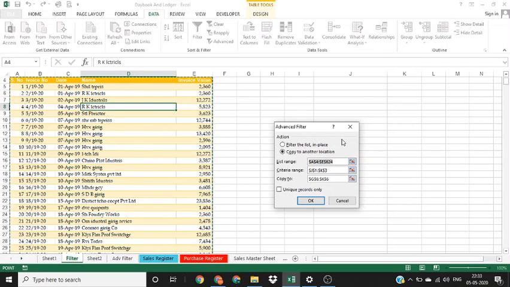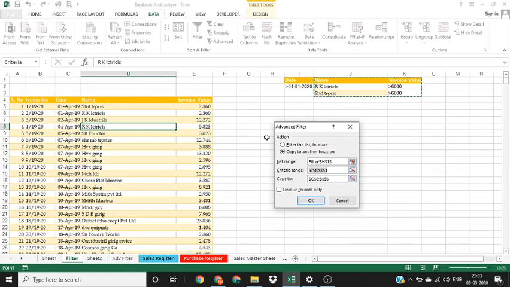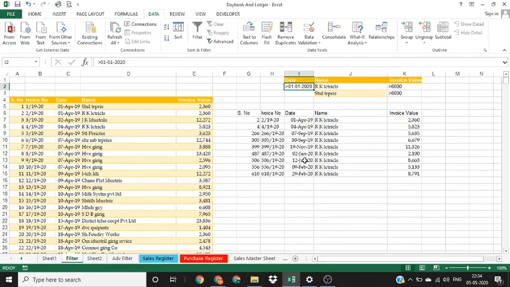Now first we have to define list range. List range is nothing but a data set. Then we have to define a criteria. For criteria, we need to select two things. That is the name of the column by which the filter will be applied and filter criteria. In our case, name and RK electricals. Then we have to give the cell location where we want to copy the data. Press OK. Now as you can see, the filter has been applied and we can only see those rows where